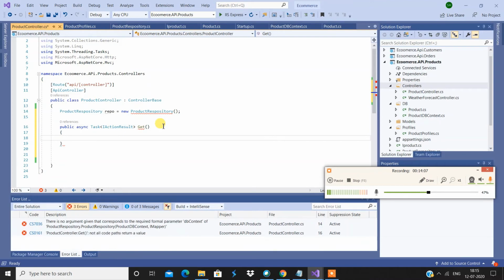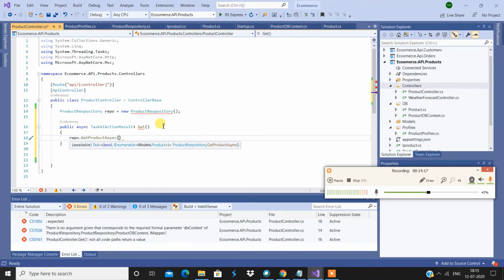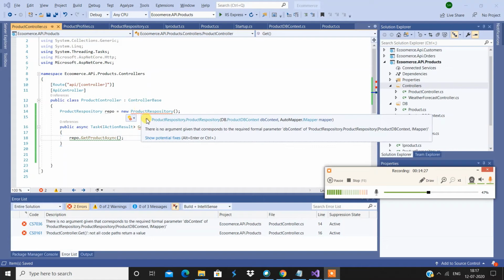Now inside this we're gonna say repo dot GetProductAsync. All right, so we see an error over here. It says you have to pass some arguments over here. Look at this. So now instead of this we're gonna